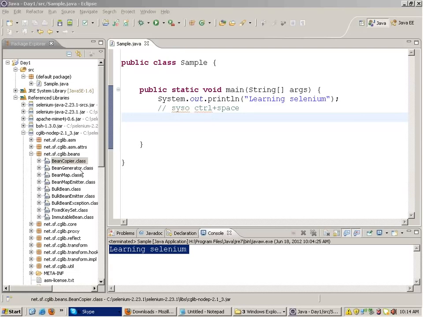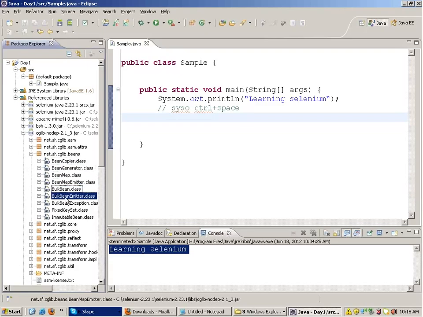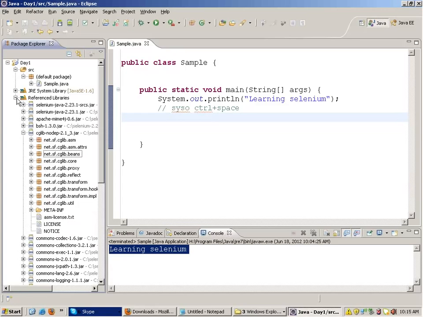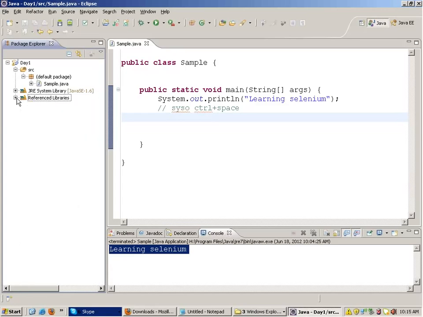Each of these jars will have a lot of classes present in them. These are the classes of Selenium, right? So I repeat the concept once more. Although hardly anybody can ask you this in the interview, the basics are very important. Every Java file is converted into a class file. Diagrammatically,